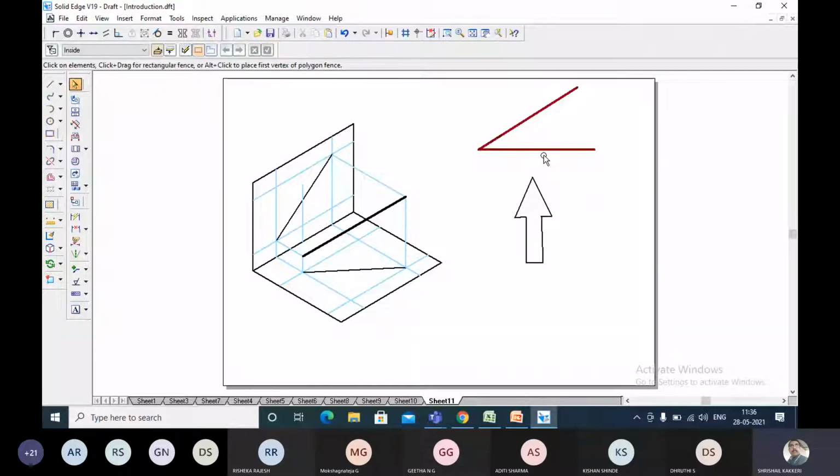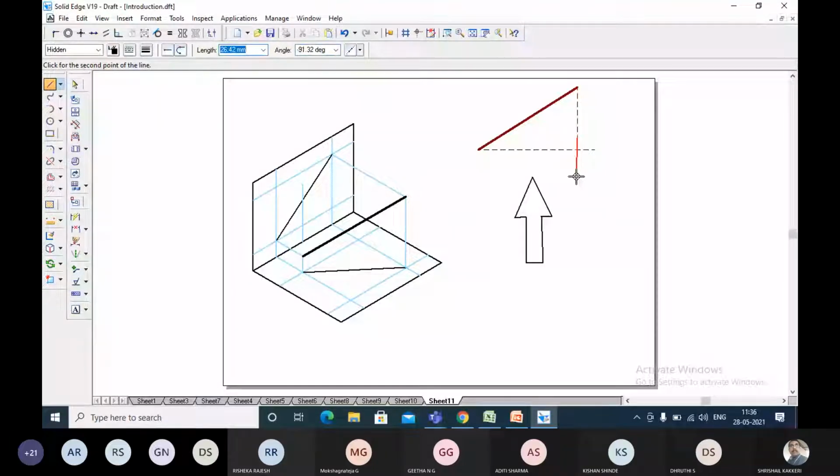Now imagine that this line is not there. Imagine that. Now how much will the line length be? The line length will be this much. Correct or not? You have to try to imagine and tell me the line length appears to be this much.